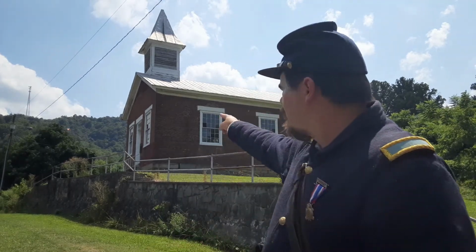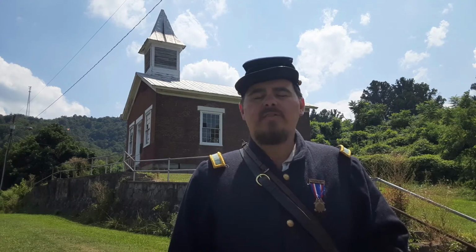which you may sort of be able to see the little plaque on the front of the building, which I'll take a picture of and put in the comments below for you. So you can thank Mr. Russell Hansford, local historian and history teacher, you can thank him for saving this building